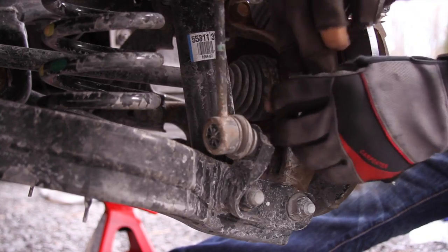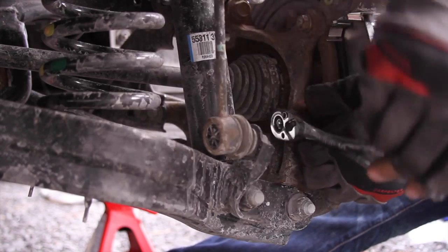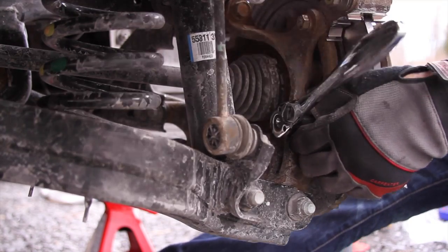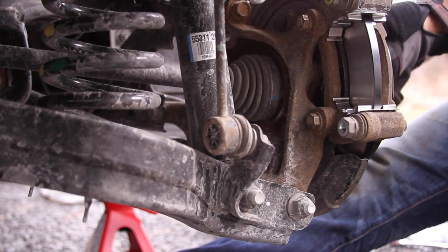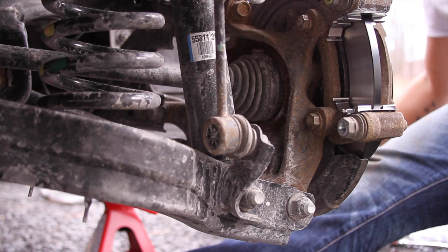There's the top one. Move down to the bottom one. Alright, so now grab your rotor, turn it, make sure that the shims aren't rubbing up against the rotor. Now, you take your new pads